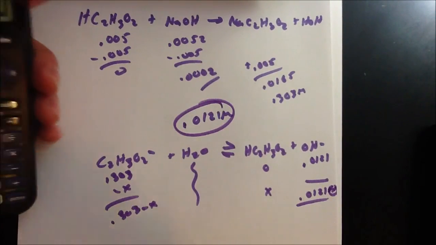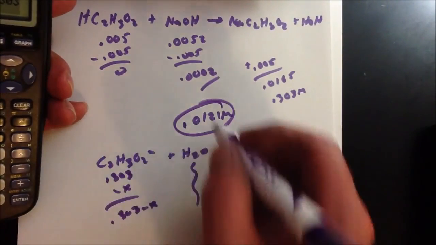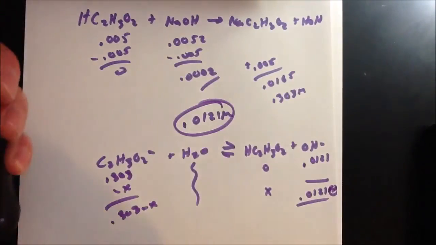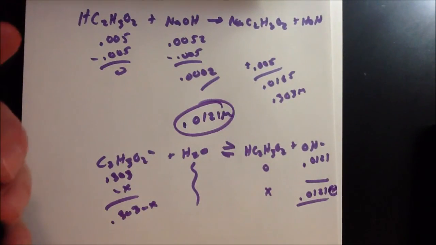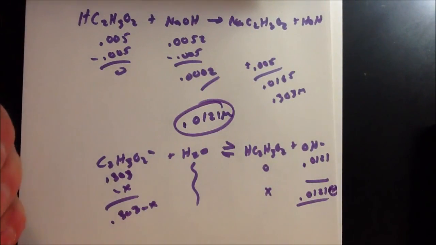It's high enough. Easiest way to get the pH at this point, when you have excess strong base, treat it just like you would in the earlier problem where I did a strong titration, and simply just negative log 0.0121 molar. And you get a pOH of 1.91,